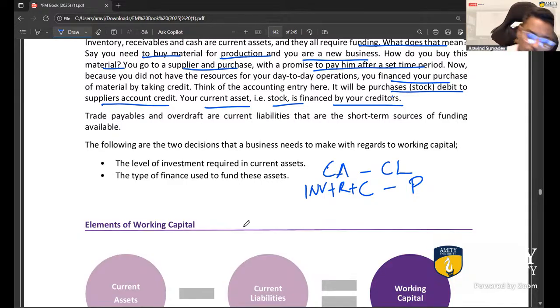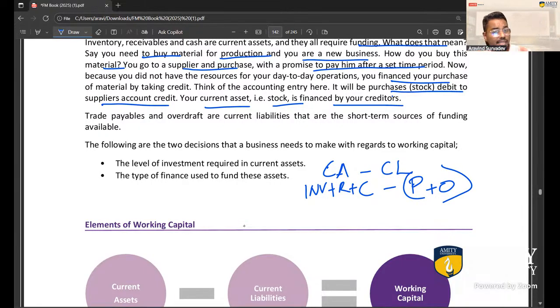Yeah. So payables plus overdraft, you could say. Generally, if we have a positive cash balance, we don't see overdraft. If we don't have any cash, we will see an overdraft balance. Overdraft means negative cash balance, guys. You're overdrawing on your account. Companies do get that option. Even people actually get that option. It's like a credit card for a company.